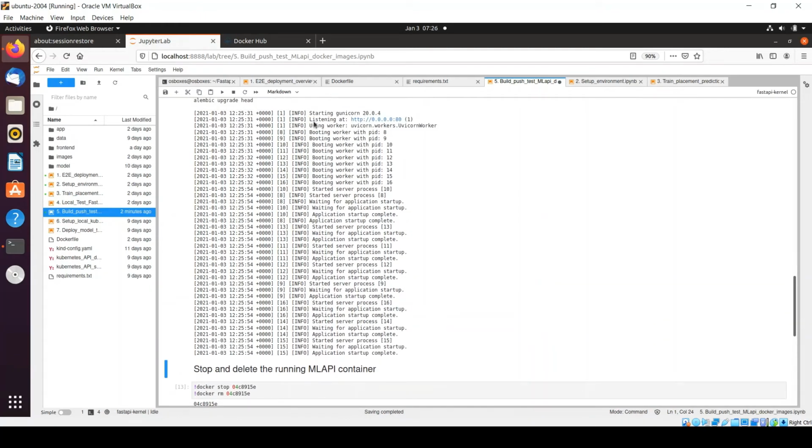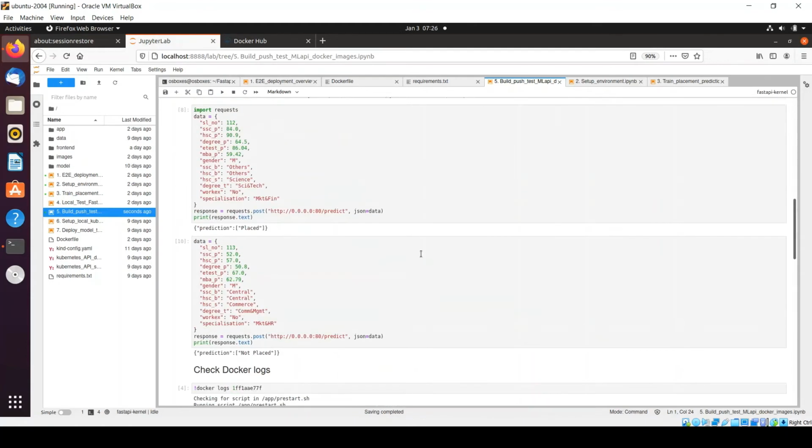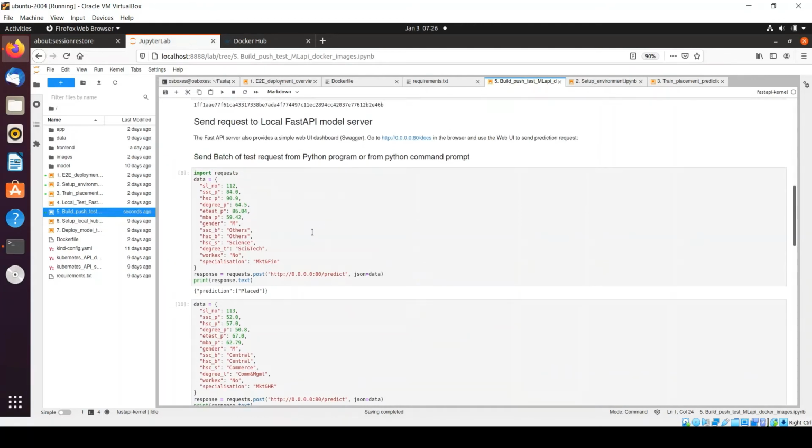You can see it's listening at this port. So that means my environment is up and running, and now it's ready to receive requests from any client. And now we'll use the Python requests package for sending messages.